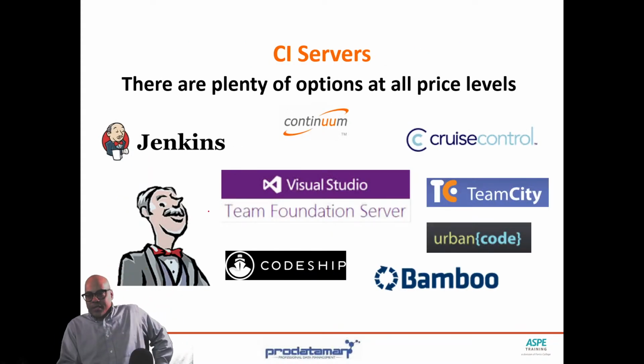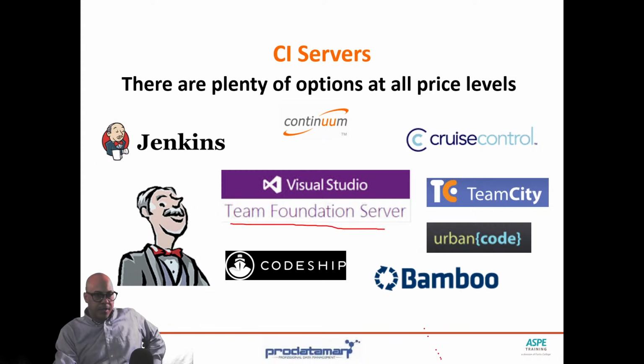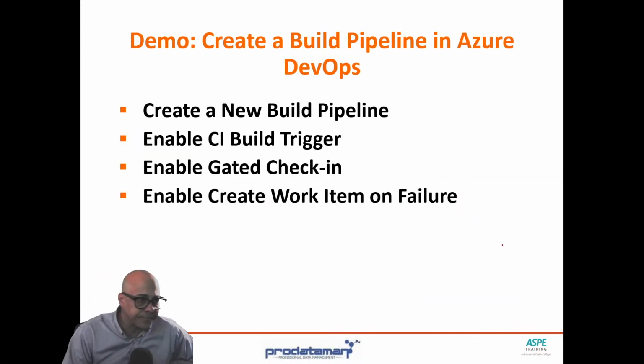So to do this continuous integration stuff that we've been talking about, there are several different options available. Jenkins, I mentioned. Team Foundation Server is not called that anymore. It's the tool that we've been using, Azure DevOps. I mentioned that if you're using Jira, Atlassian has an automation tool, a CI tool that we can use called Bamboo. There's also TeamCity. TeamCity's pretty popular out there. I've never really run into CruiseControl in production anywhere or Urban Code. But these are other solutions that are available out there that are open source or have minimal cost.